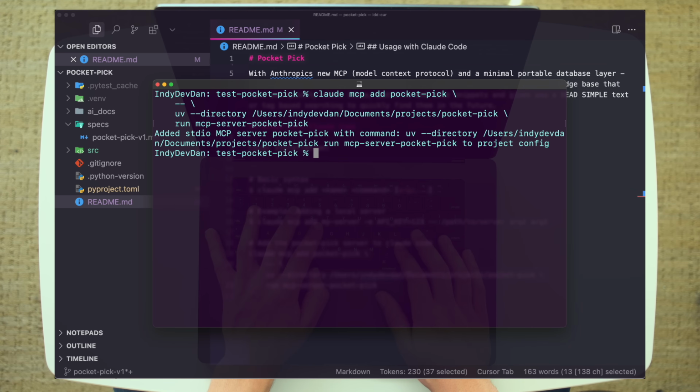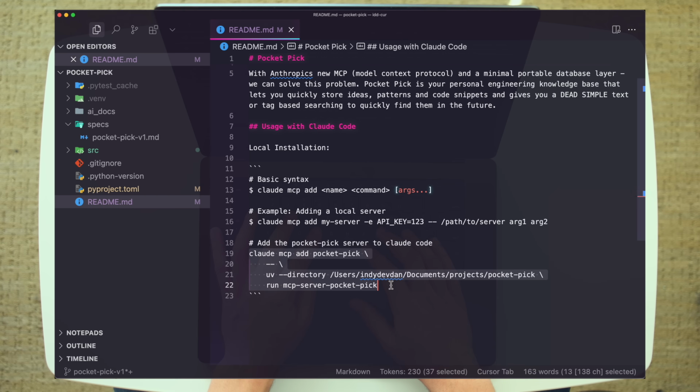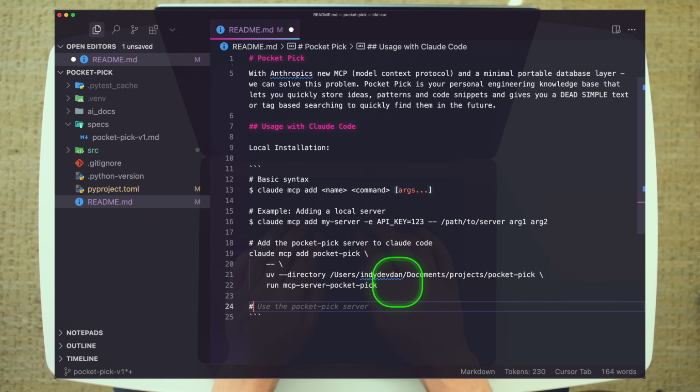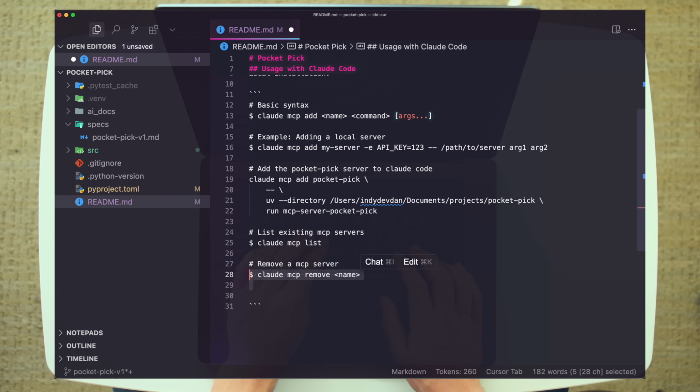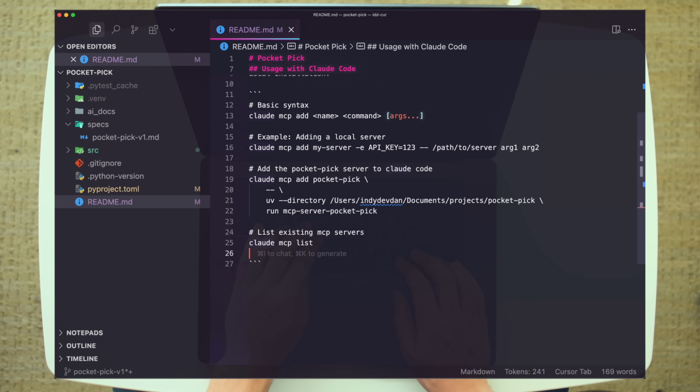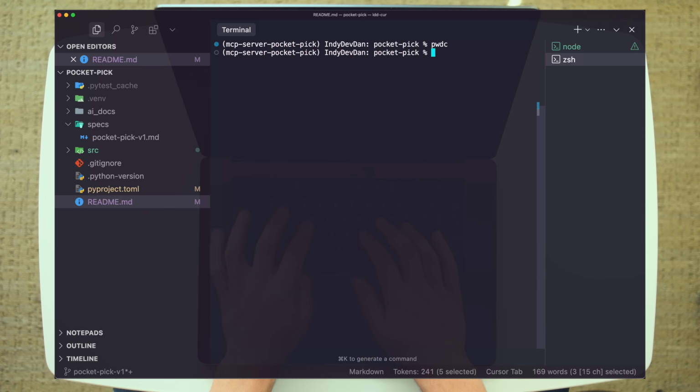So again, looks like everything's working well. That was successfully added. I'm gonna add some more documentation here, again, just for reuse. I don't like to constantly be looking this stuff up, so I always add these to my README or some type of documentation. So Claude MCP list is going to show